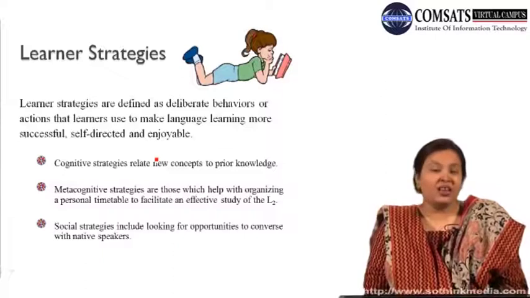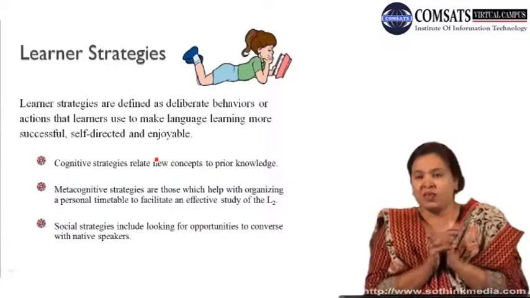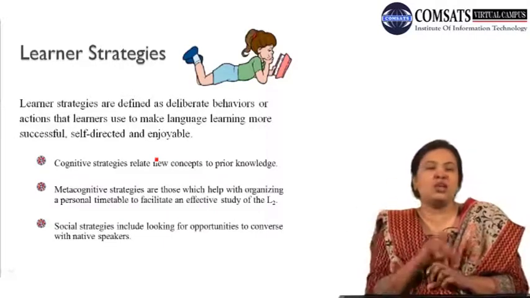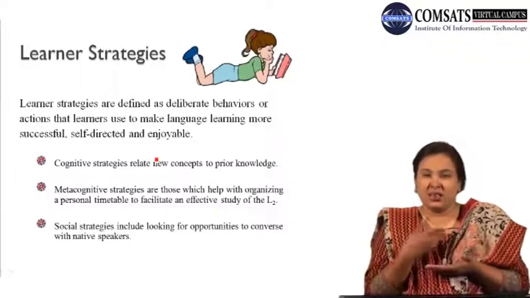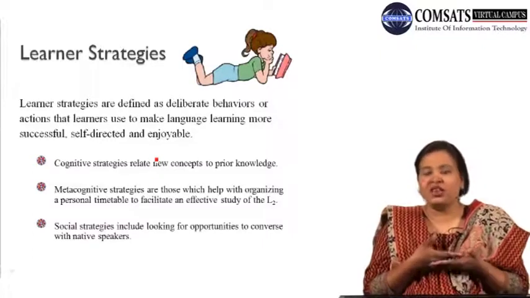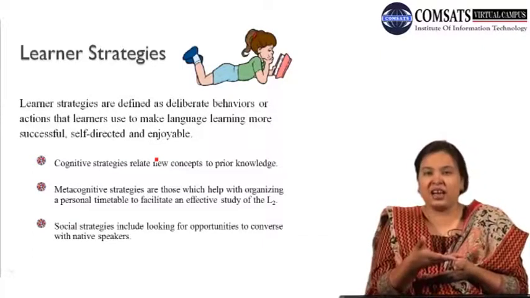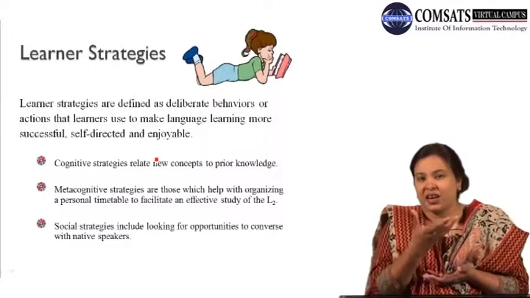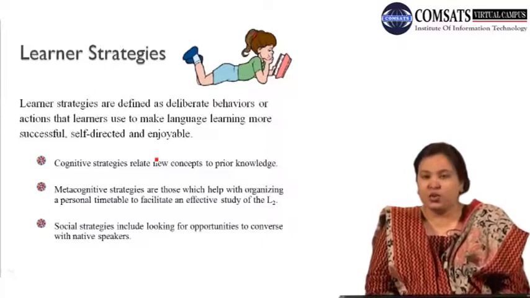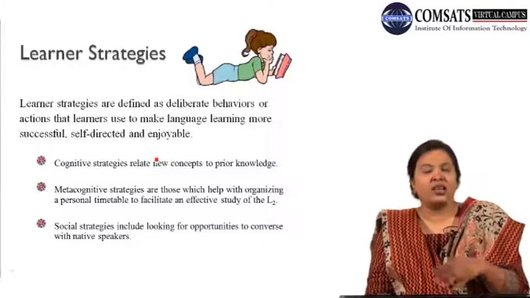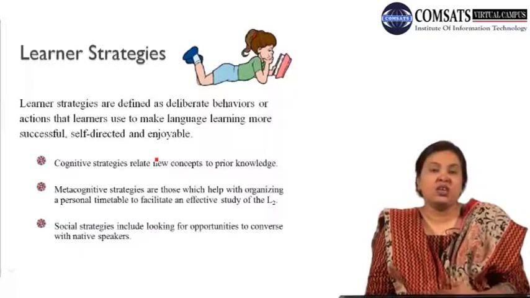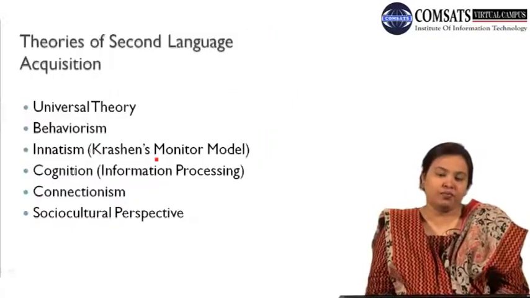The learners of a second language, if they are exposed to the native speakers of that language, learn the language in a better way than the students who are not exposed to native speakers. So these are the social strategies: the learner of the second language tries to communicate with native speakers, and this way acquires a better knowledge of that second language. So these are some of the strategies that learners can use to learn a second language. They may use one of them, two of them, or all three. Any combination they can use to acquire a second language.